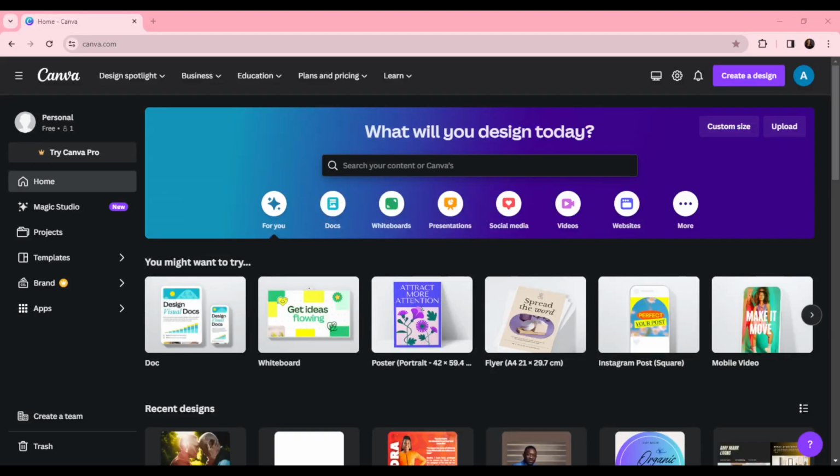Hello, in this tutorial, I'll show you how to enable and use Canva Design School for learning. So the first thing I'd like you to do is to launch the Canva web application, which of course I